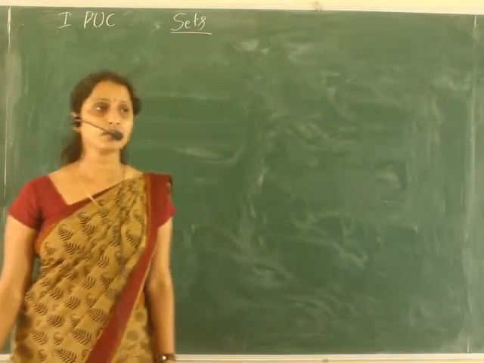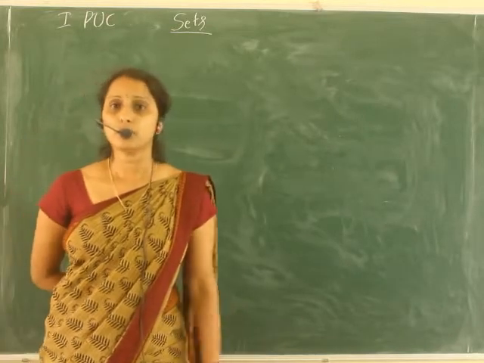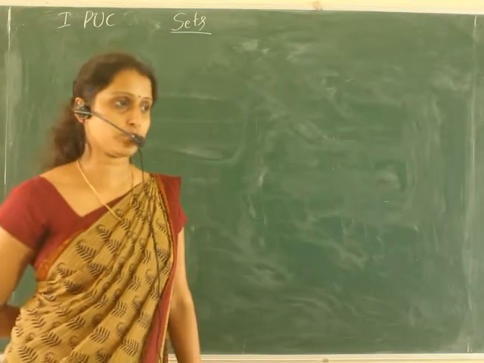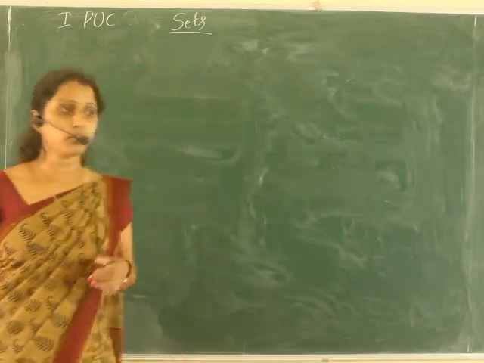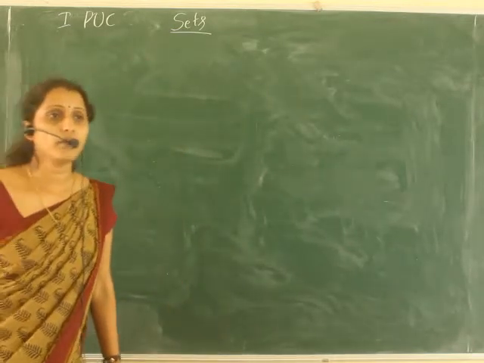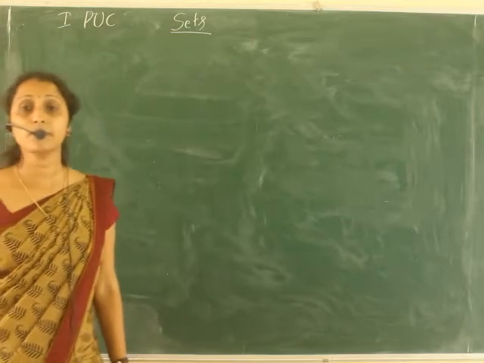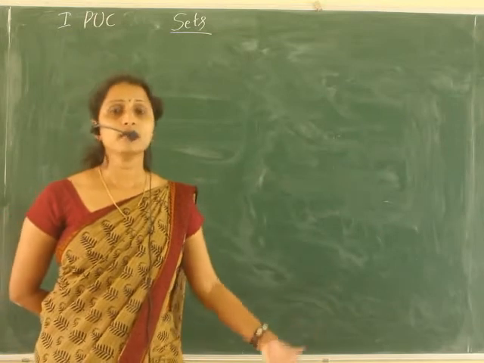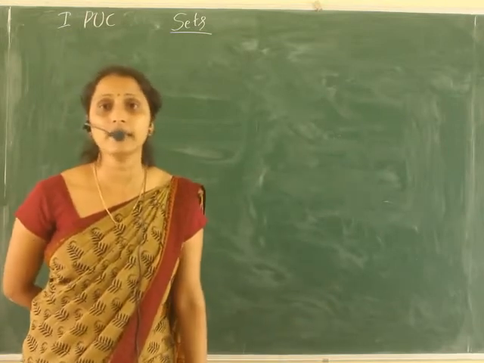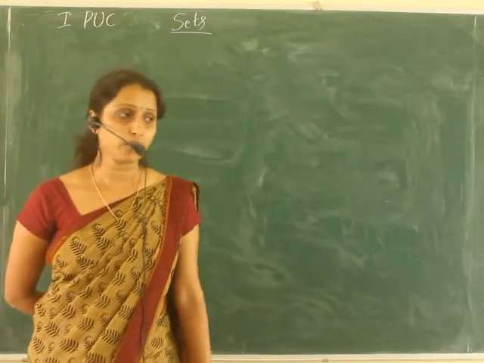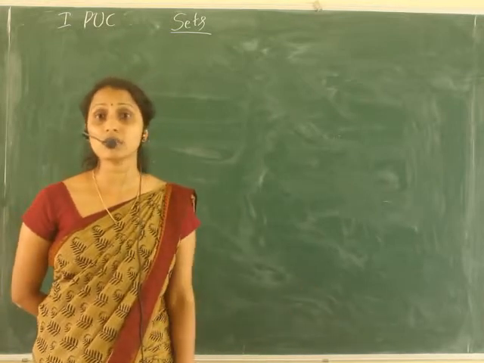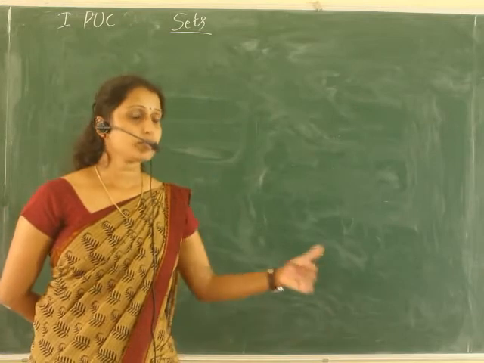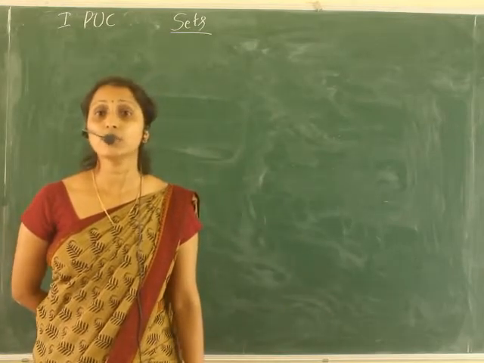Hello students, we have discussed the formulas for the practical problems on union and intersection. The number of elements in A minus B can be calculated as n of A minus n of A intersection B. Similarly, for B minus A, it is n of B minus n of A intersection B.